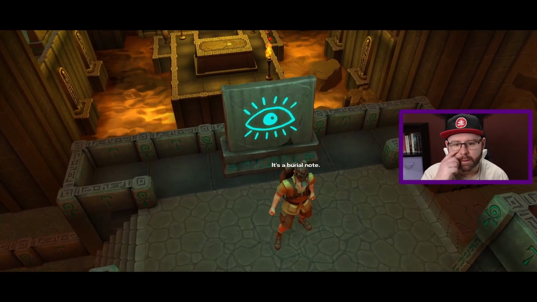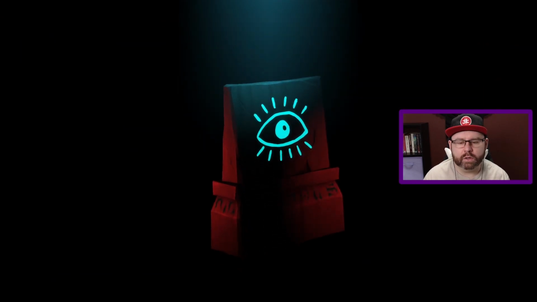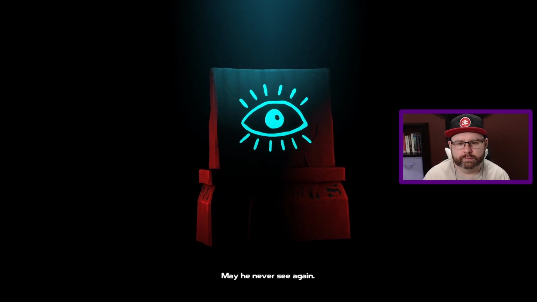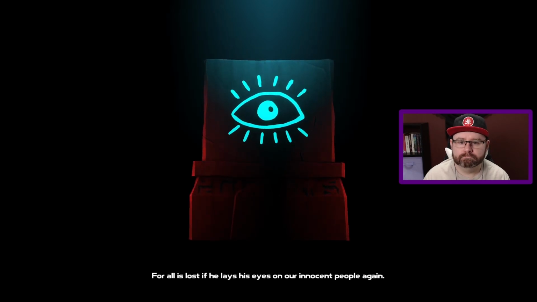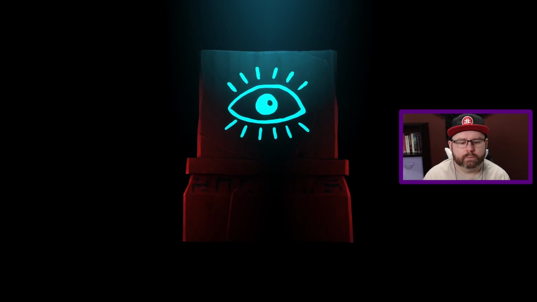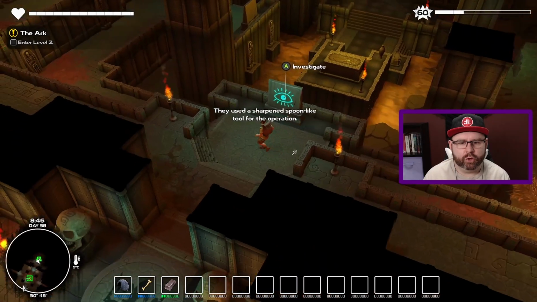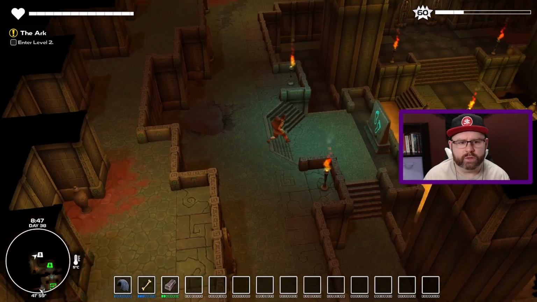What's this then? Burial note. This is the one-armed king or whatever? No. Here lies the immortal king. May he never see again. For all is lost if he lays his eyes on our innocent people again. Well, that was us. Are we not the immortal king? Sharpened spoon-like tool for the operation. Interesting. I mean, we can see, so...